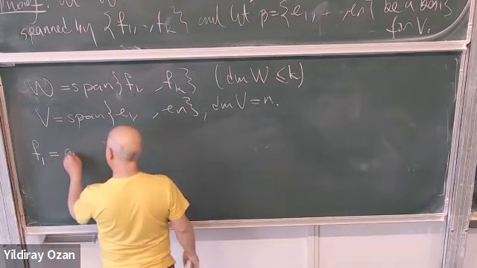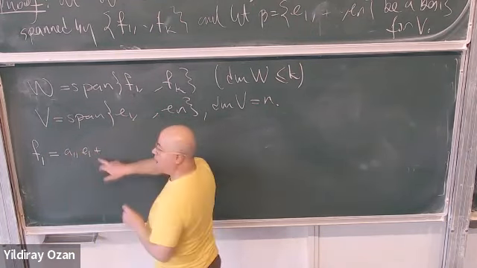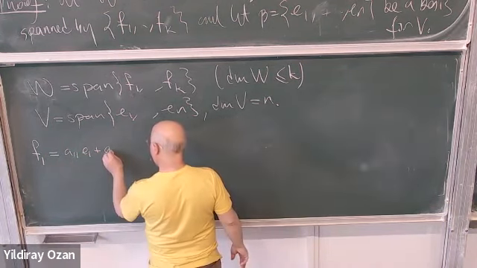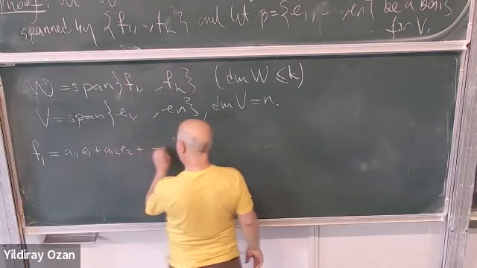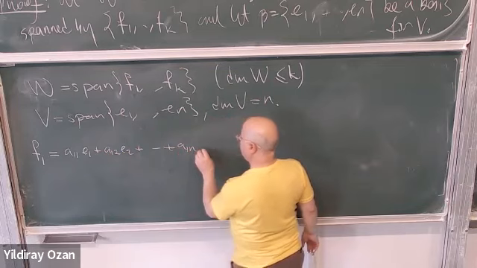So A1,1 E1. I want this to be a row, so A1,2 E2, A1, and